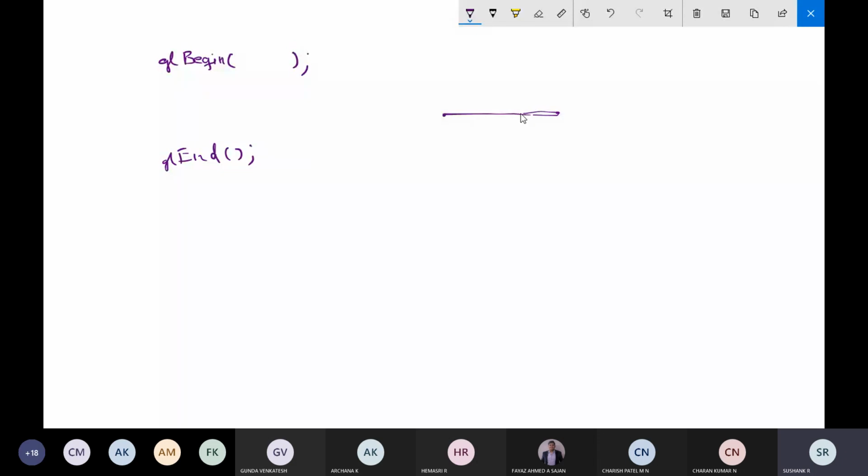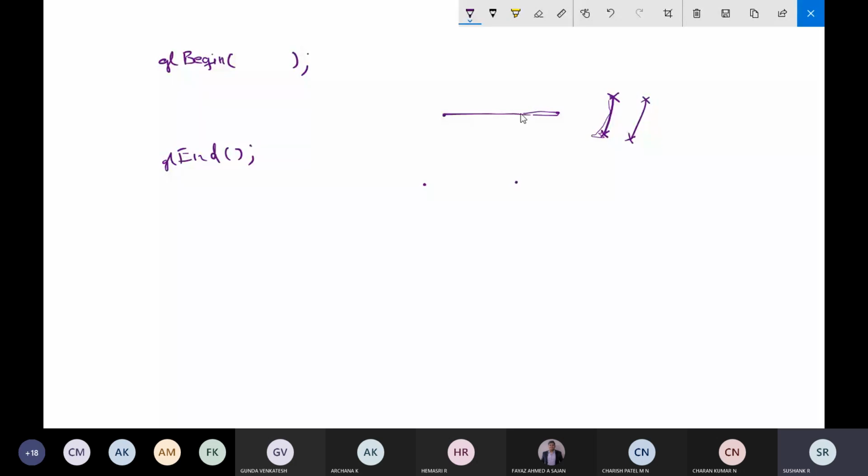So it will specify a function. This graphics package will give you a function for specifying one or more straight lines, but each straight line is defined by its endpoints. For this one, some endpoint will be there, and for this one, some endpoint will be there. So that is how it is defined.